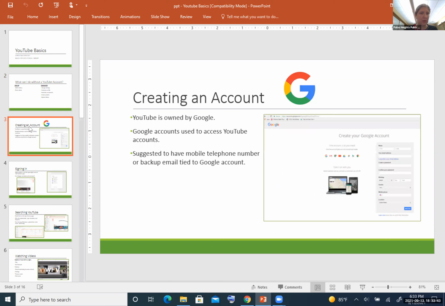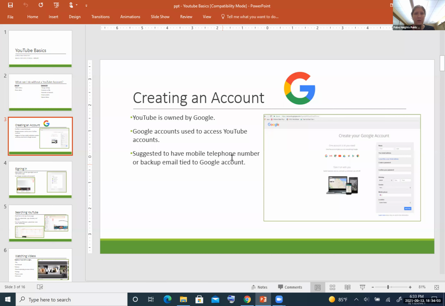Now, to create a YouTube account, since YouTube is owned by Google, all you need is a Gmail account. So if you have an email through Google, all you have to do is sign into that Gmail account.